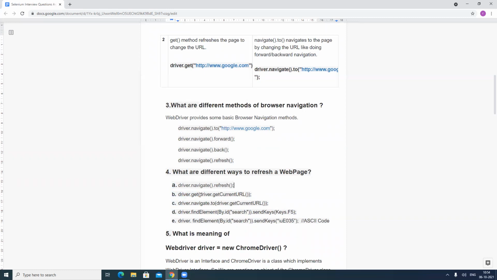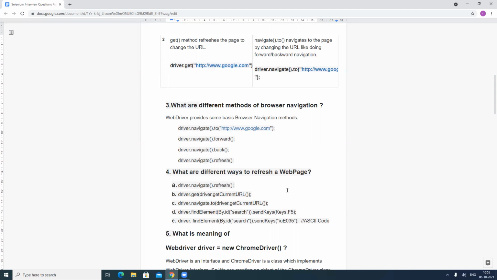First of all, we have to get the current URL of the web page. How can we get the current URL of the web page? driver.getCurrentUrl. By this we will get the current URL of the web page, and this URL we will pass in our get method. So the get method will refresh the web page with this URL for you. In the same way we can also achieve this with the help of the to method. In the to method we will also pass driver.getCurrentUrl, and your web page will get refreshed with the to method as well.